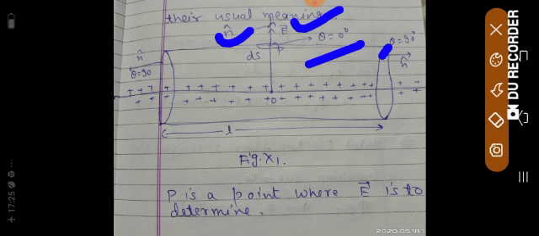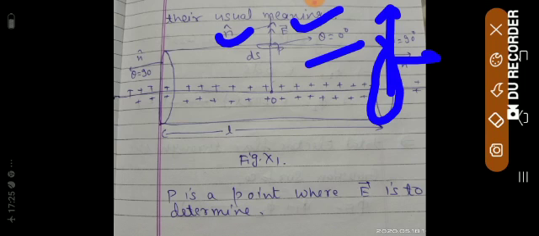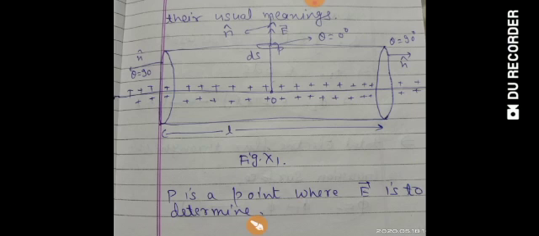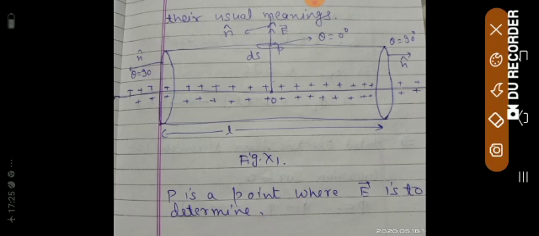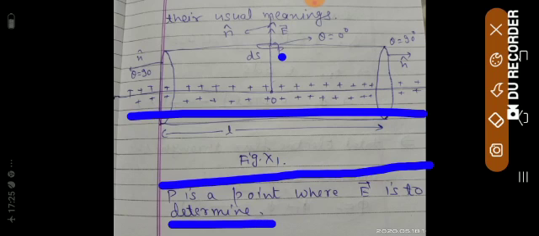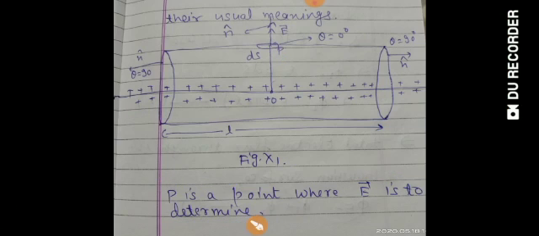But what about this cross-sectional area? You know from mathematics, this is the cross-sectional area. Electric field is here, and n cap is always normal, so theta is 90 degree. Again here, E is here, n cap is here, so theta is 90 degree. You can see that. So angles are clear to you. Okay students, so come to the original video. This is your figure, and P is the point I told you earlier where E is to be determined, because I want to calculate the electric field due to this charge distribution at point P. Come to the next page.